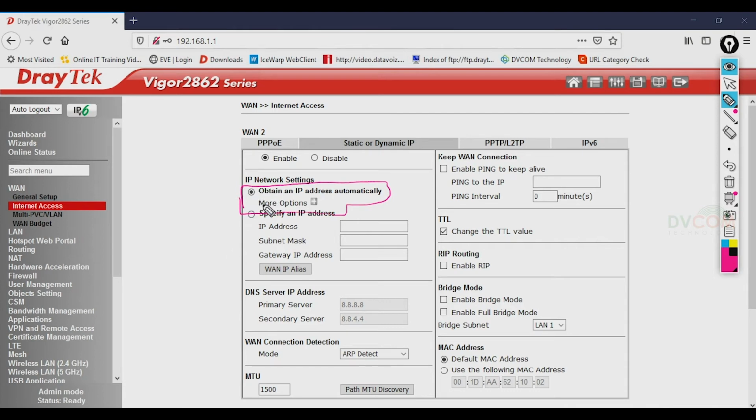So just leave it like that, so that you will get the IP address, default route, everything from your service provider automatically. In case, as per my lab topology, I'm going to configure it as a static IP. So I need to select this, specify an IP address, which is